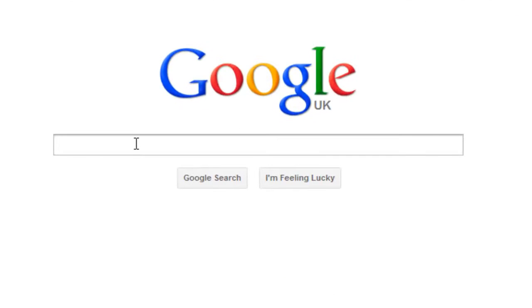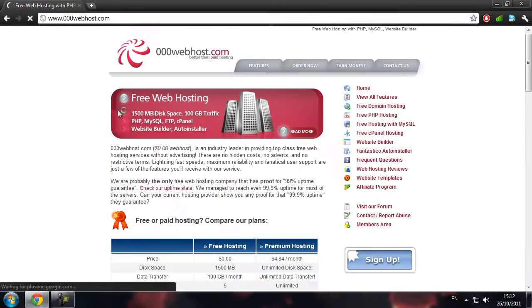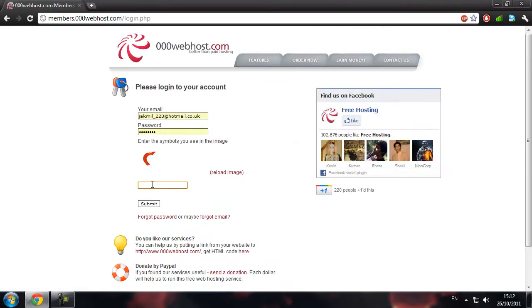So you're going to need to open up your web browser and go to a website called 000webhost, which is web hosting, and it gives you PHP and MySQL, which is the database, so that's why we're using it today. It also supports PHP, and it has a lot of traffic and disk space. So you're going to sign up, or go to the members area and sign in,